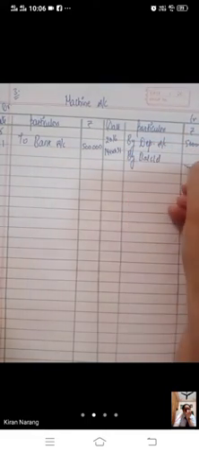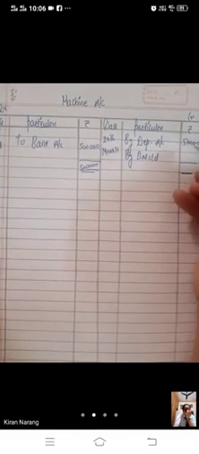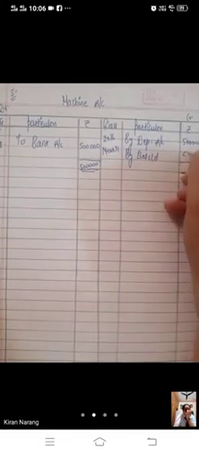Okay, so this year will end on 2016 March 31. Then we will write by depreciation account. 10% of 5 lakh will be 50,000. And on the same day, we will calculate the balance carried down. 5 lakh was the opening balance. We have to deduct 50,000 every year for depreciation. The closing balance will be 4 lakh 50,000.